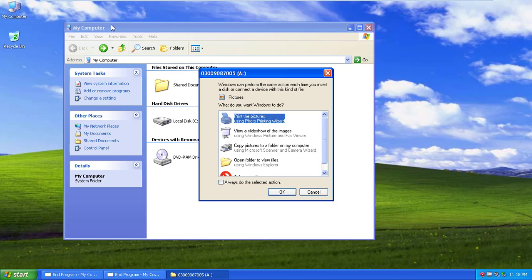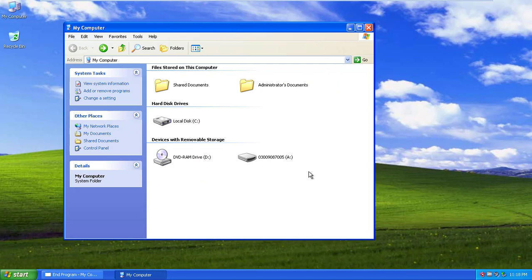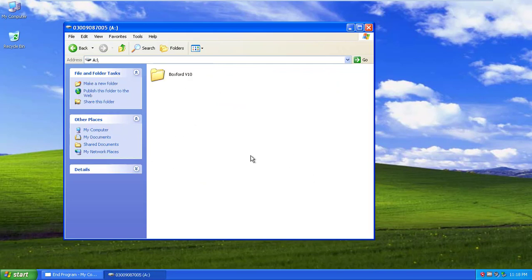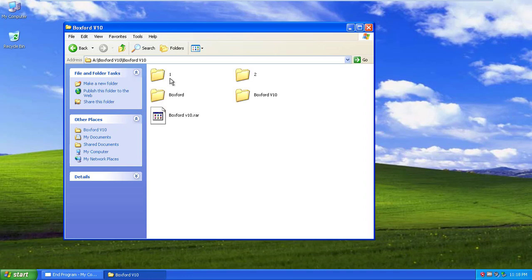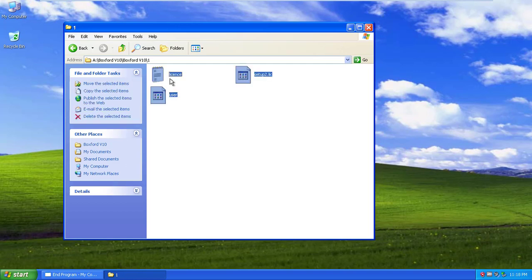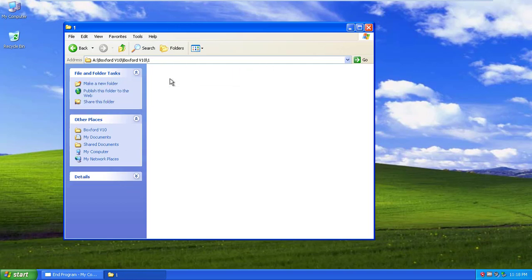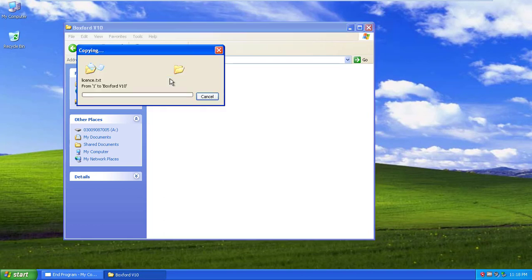Now when you double click on My Computer, you can see the USB has been detected. Now click on this USB, copy the files, and paste them directly in the USB.